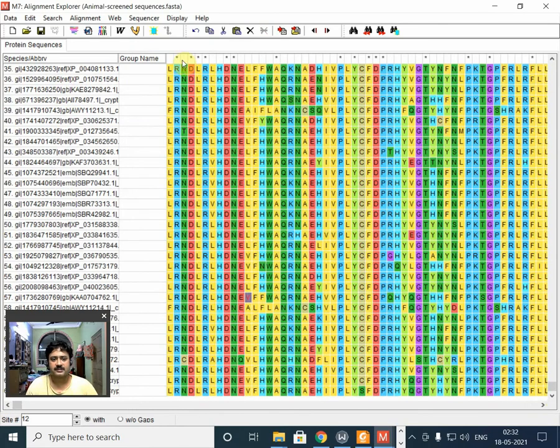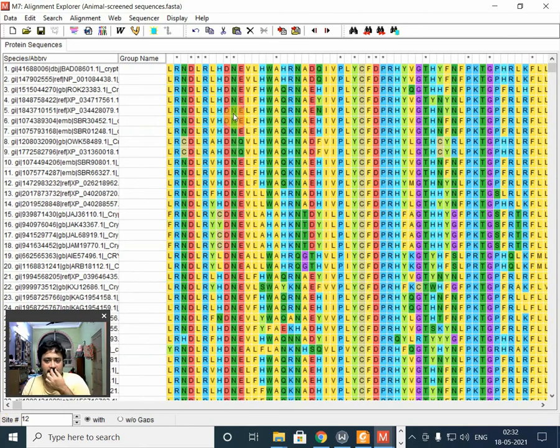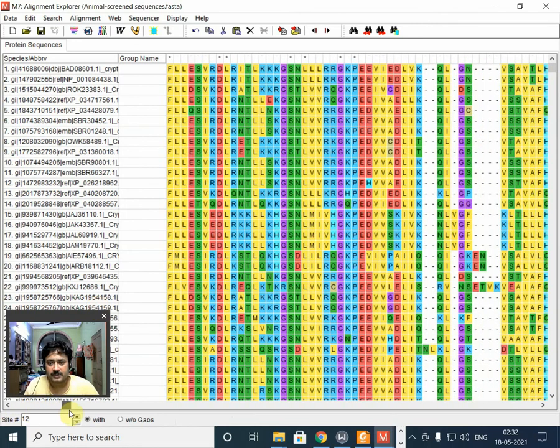As you can see here, as I mentioned, when the species is evolving, when new species are getting generated, obviously there will be mutation, there will be addition, there will be deletion, everything. Otherwise there will be no variation. The whole concept of genetic polymorphism is not going to stand if there is no mutation or addition or deletion. But there has to be a synchronization in that. You cannot expect 26 or 28 amino acids to be added in one particular scenario.